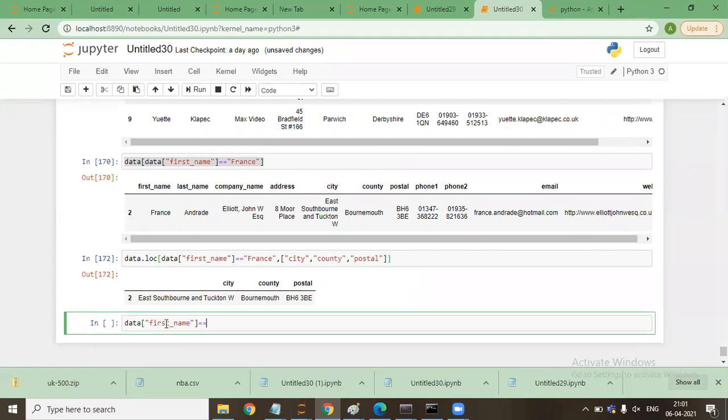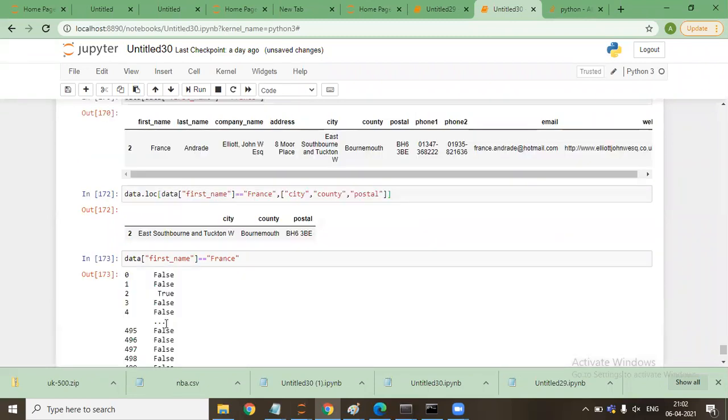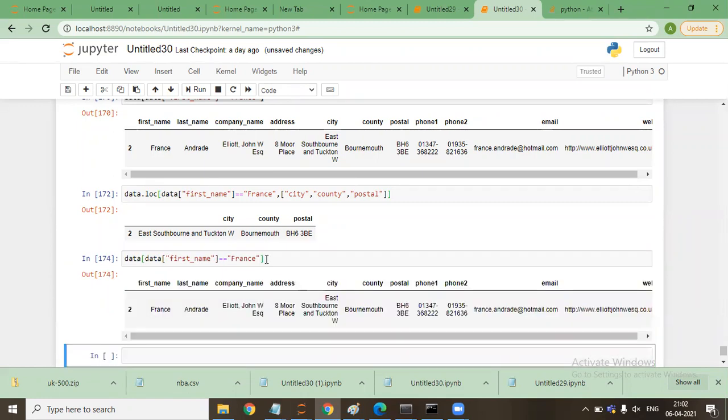If I say equal to friends, it will give me the values in true and false like this. So wherever friends is there, it will give me true, else it will give me false. If we embed it again with data like this, it will select the rows which are true.